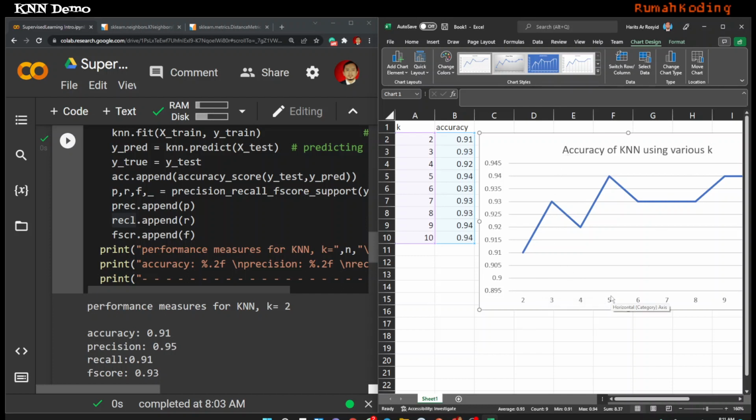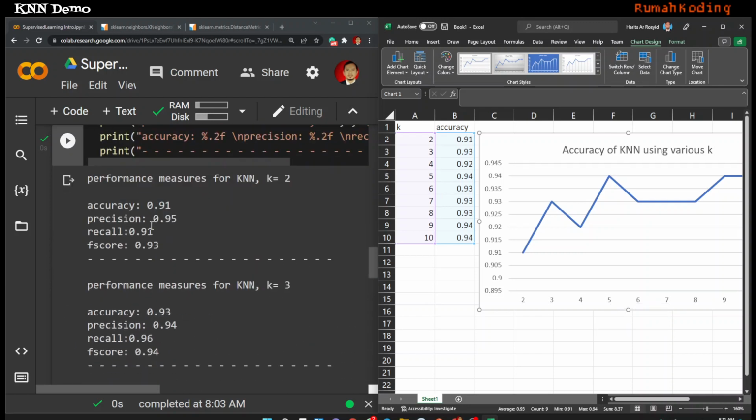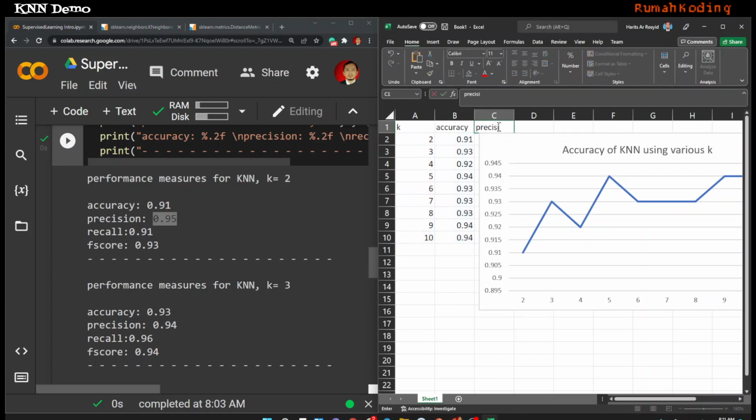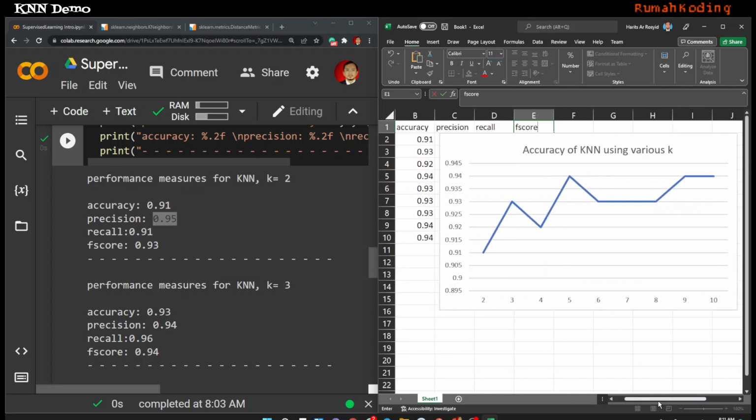Yeah. You can also plot the other performance metrics like precision, recall with the same procedures I've just shown you previously in accuracy. You just put the precision here, and then recall, and then f-score, and then put the values and then plot this in the same graph. That's no problem, and you can find out which one's best from the overall performance